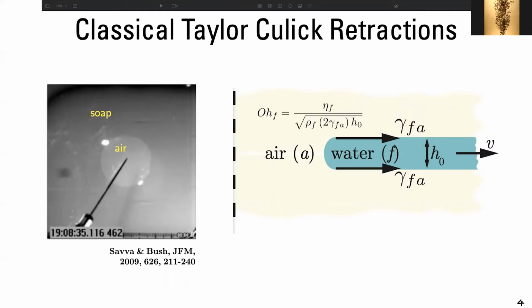by gamma FA. And one control parameter in this problem is the Ohnesorge number of the film, which is nothing but the ratio of two time scales, that is the inertial capillary time scale and the inertial viscous time scale. In an ideal setting, such a retraction happens at a constant velocity, and that velocity is given by this Taylor-Culick velocity. In order to identify how this velocity comes up, let's look at a bit of a